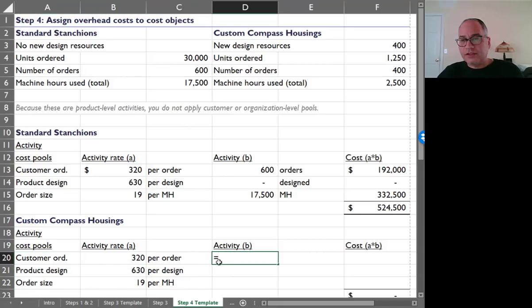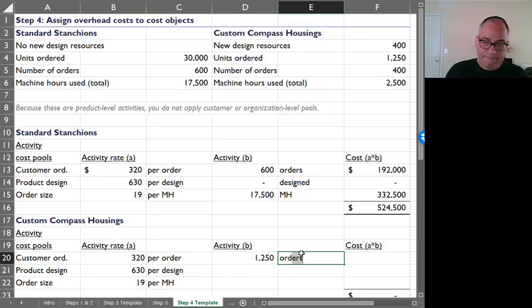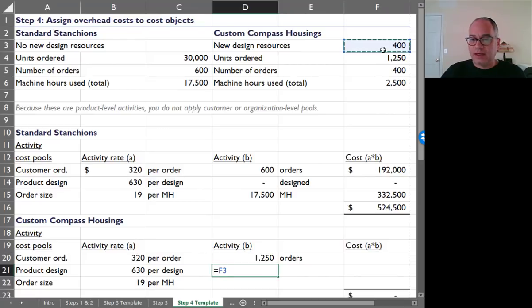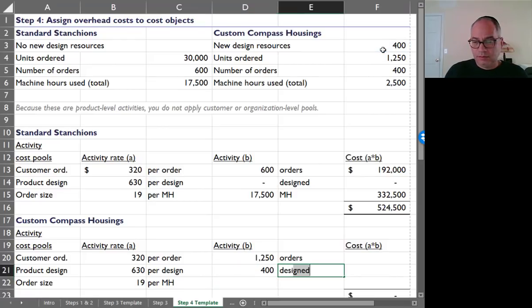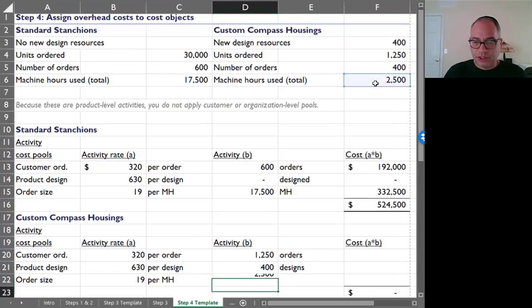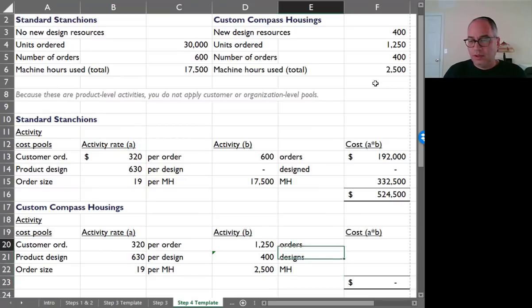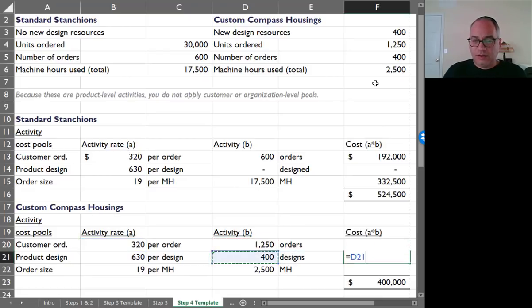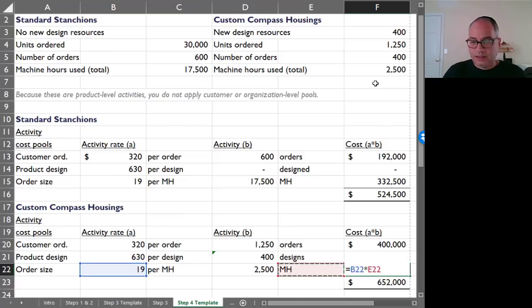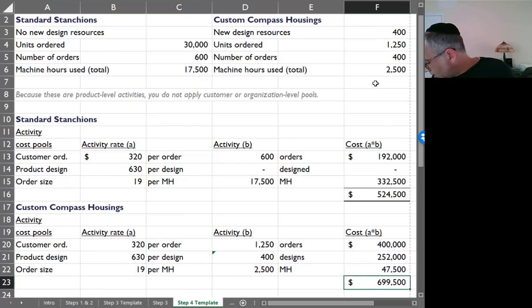And how many customer orders did we have for Custom Compass? We had 1,250 orders. We had a lot of designs, right? We had 400 designs. And we had only 2,500 machine hours. Therefore, the cost would be 320 times 1,250, 630 times 400, and 19 times 2,500. The total cost would be,